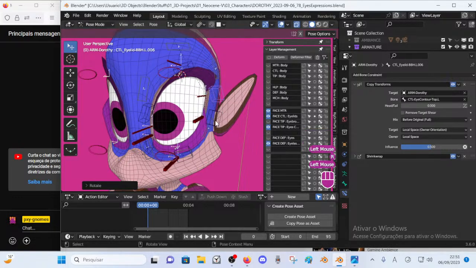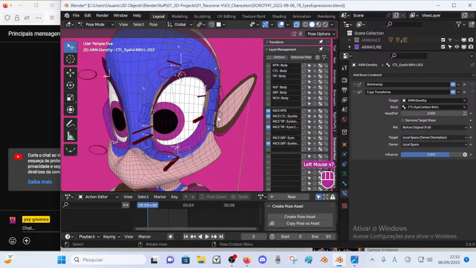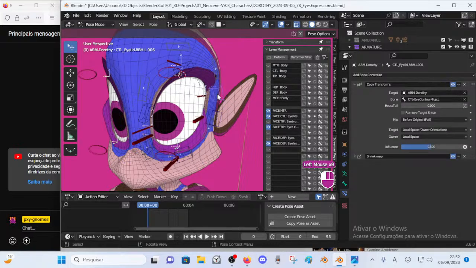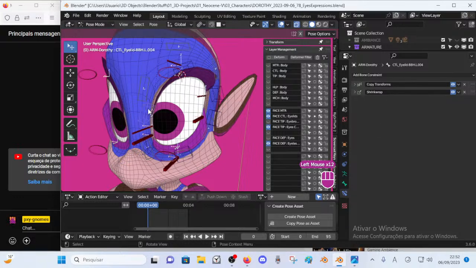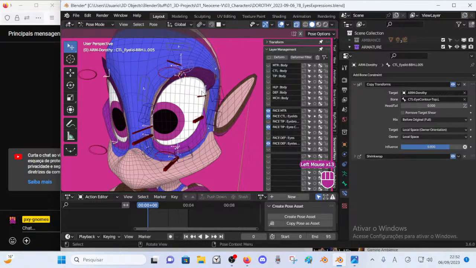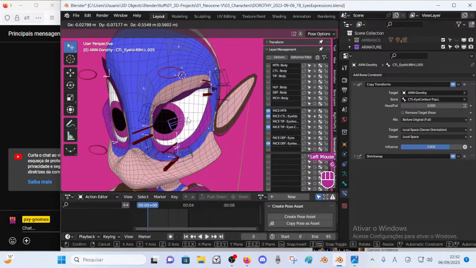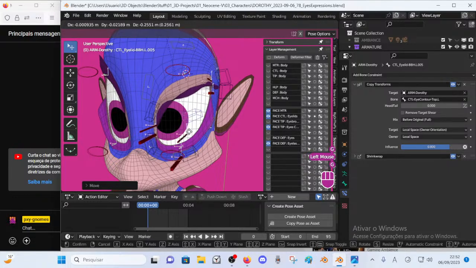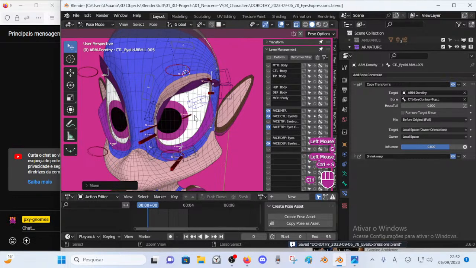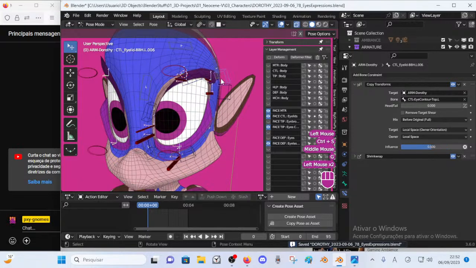The bound constraints here, though they are not divergent, they are the same ideas. Yeah, so copy transform, shrink wrap, copy transform, shrink wrap. It's all the same pattern. Much simpler to understand everything. So here, probably this is happening because of wave painting. So I want to fix that. Let's see for the other one.